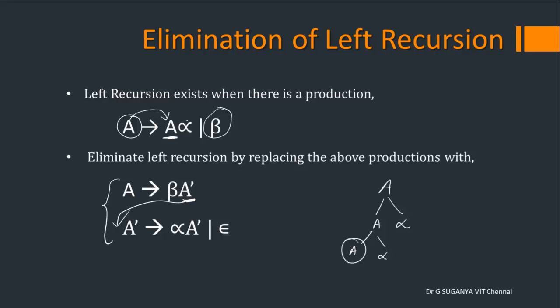Since it is a newly created non-terminal from our side, you have to write the production for it. So what is that production? Remove the non-terminal which is creating the left recursion, take the rest of the part which is alpha, and append it with A dash or epsilon. When you want to come to an end, you have to use epsilon. That's the meaning of elimination of left recursion. If you do so, the particular non-terminal on the left will never appear as the first symbol on the right, so you can comfortably end up with an alternate.